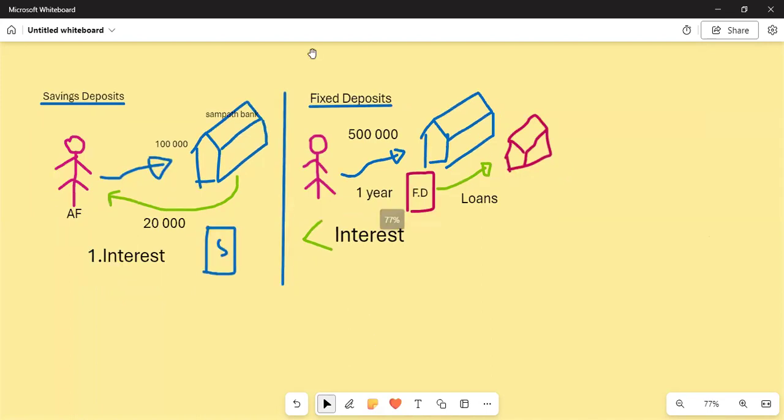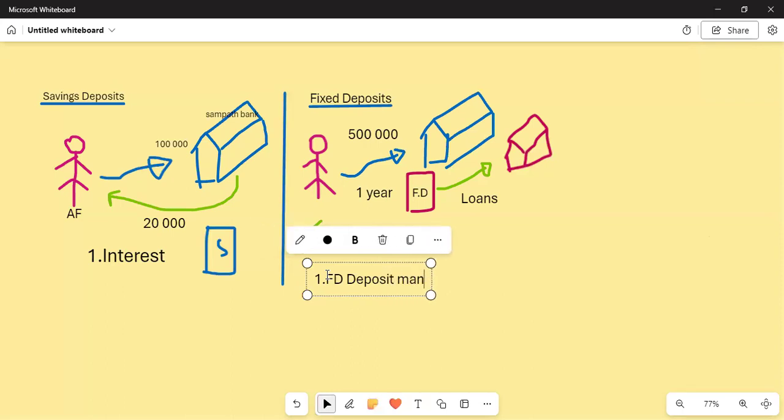How are we going to open an FD then? Yes, the name is mentioned, Salman. How do you go and open an FD? First, they will give something called an FD deposit mandate. You have to fill that. They give a form, the FD deposit mandate. You go and fill that form, FD deposit mandate. Then you are also